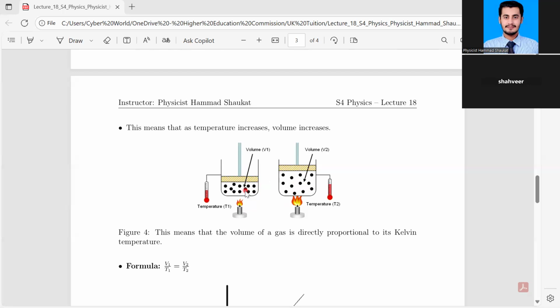You will see that in the first figure the flame is low, but in the second figure the flame is higher. A high flame means more heat. You are providing more heat, and if you are providing more heat, the kinetic energy increases more. And if the kinetic energy increases more, definitely the volume increases. Because Charles' law tells us that if you increase the temperature of a body, the volume should also increase because there is a direct relationship between temperature and volume. Okay?